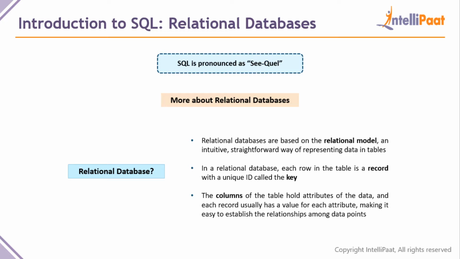The other good thing about the relational database, as I already told you, is that each row has something called a record, and there is some unique ID called a key as well. Again, we're going to check all of these in the upcoming slides. And then we have columns, which any data table will have. These columns hold all of the data, and each record in this column is mapped onto a unique thing. Then we establish interdependency relationships and much more among all of the data present, guys.